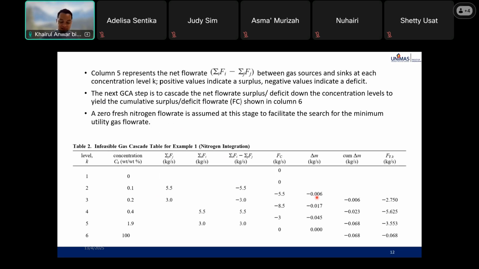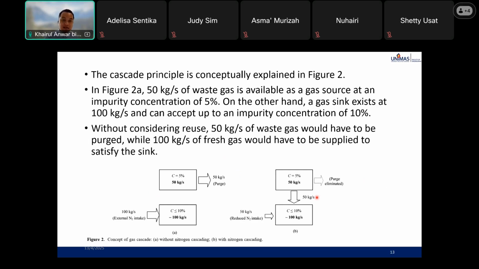Okay, just this is from the paper. It explains the cascade principle, conceptually explained in figure 2. Let's say in figure 2A, without the nitrogen cascading, the 50 kg per second of waste gas is available as a gas source at an impurity concentration of 5%. On the other hand, the sink exists at 100 kg per second and can accept up to an impurity concentration of